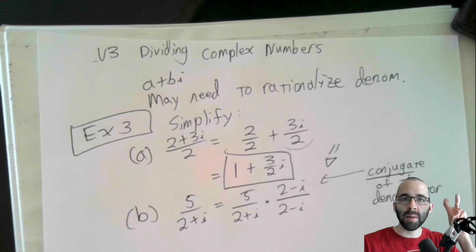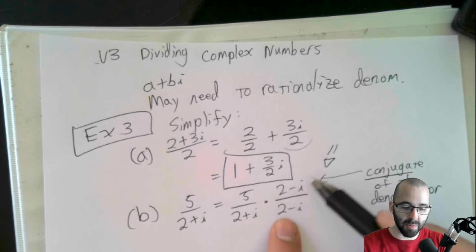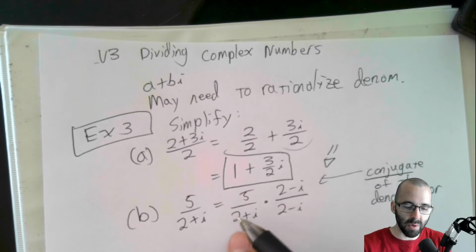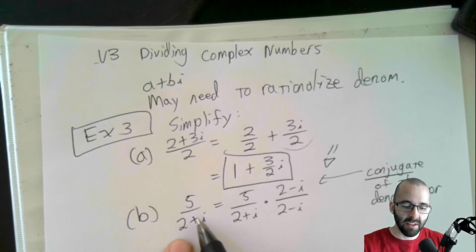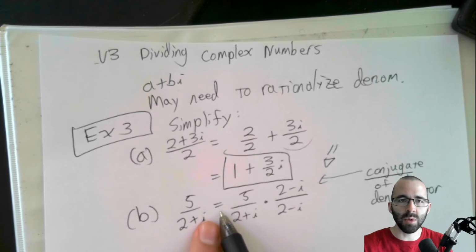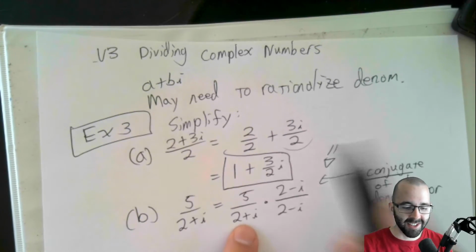But when I say multiply by 1, that's because this fraction right here, 2 minus i divided by itself, anything divided by itself is 1. So we're not changing this thing that we started with. Because if we change it, what's the point? If we change it, the equal sign is a lie. I know I said I'm kind of a liar, but I'm not that much of a liar. Okay? So we have, write this.